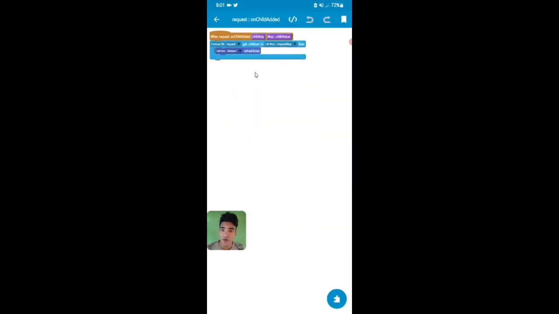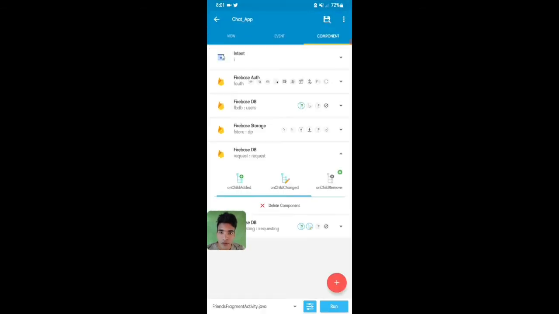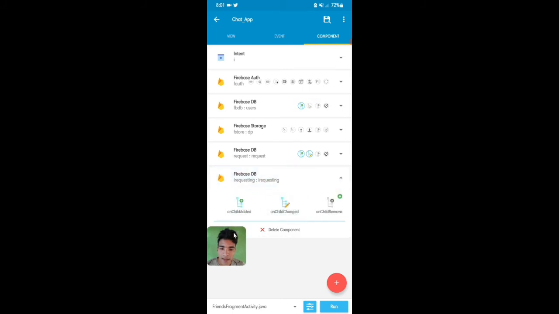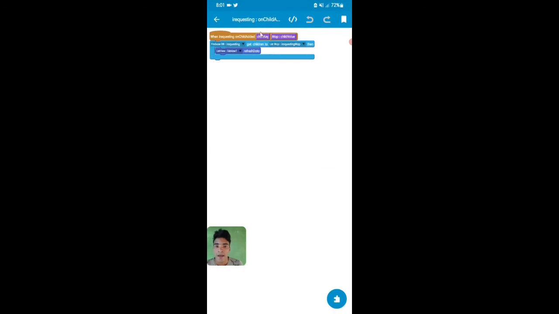So here is the code: Firebase DB request get children to list map request map, then list v1 refresh data. So guys, this is the code for request, and then I'll add the I requesting on child added.